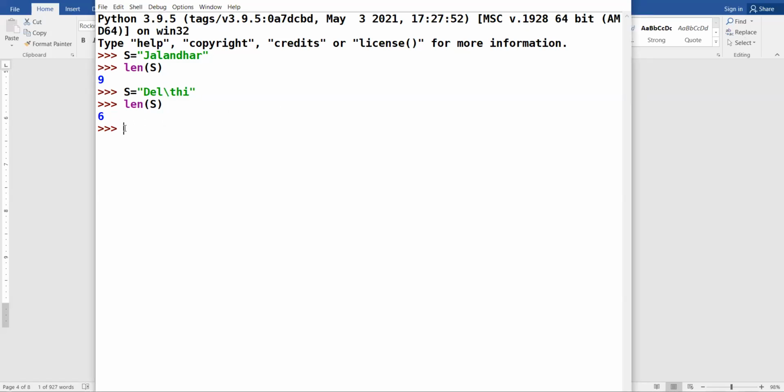Now see here, I have a string s equal to, let us say, the value aeroplane. I have a string s and the value of the string is aeroplane. Now I try to change an element.